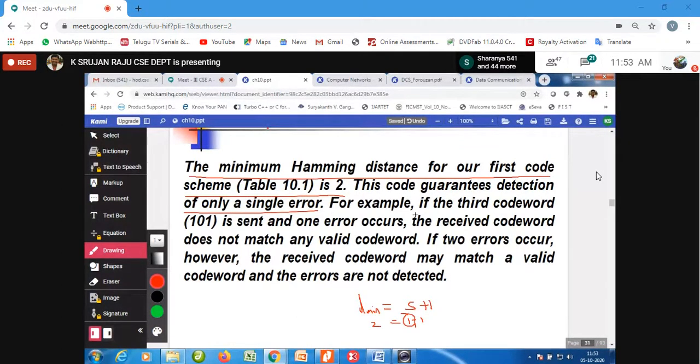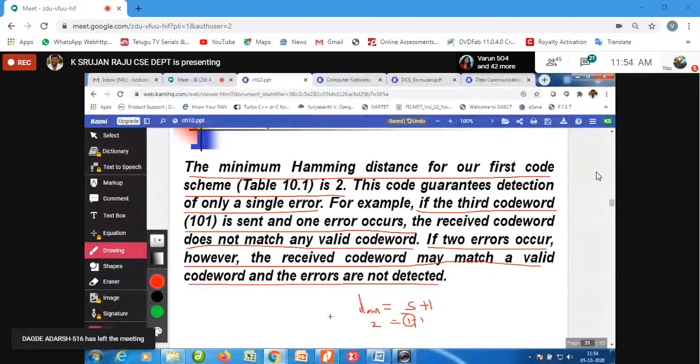That means it is only used for a single error. For example, if the third code word 101 is sent and one error occurs, the received code word does not match any valid code word. But if 2 errors occur, the received code word may match a valid code word, which we discussed in the previous class.